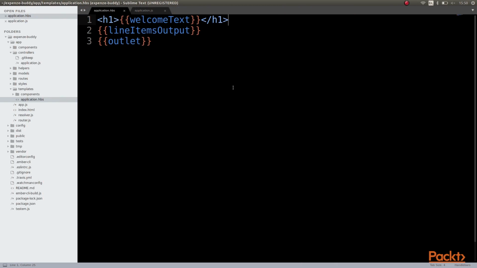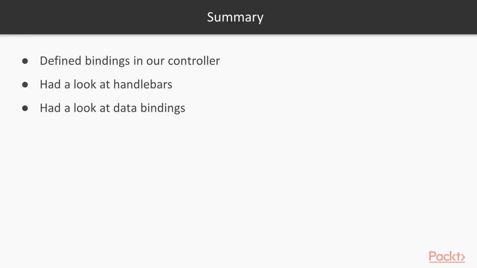And thus we have had a quick overview of the Handlebars templating engine. In conclusion, we defined bindings in a controller, and then we had a look at Handlebars, and lastly we also had a look at